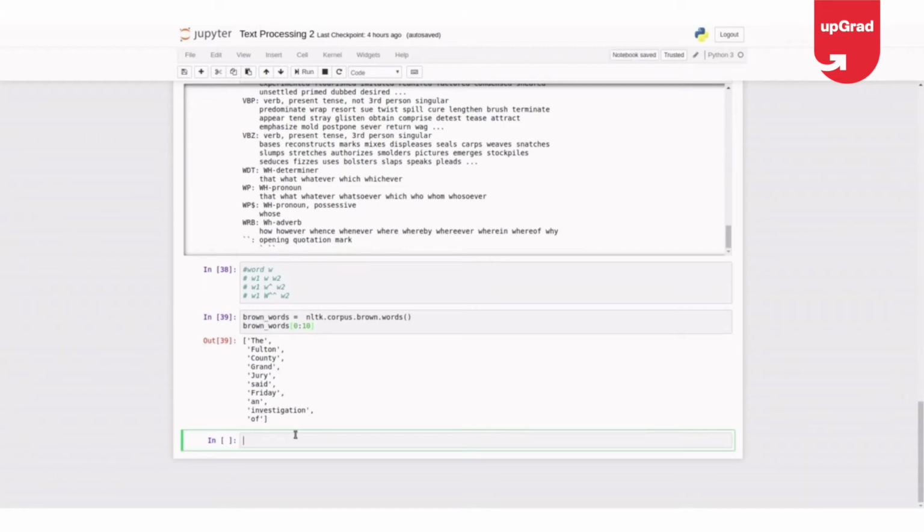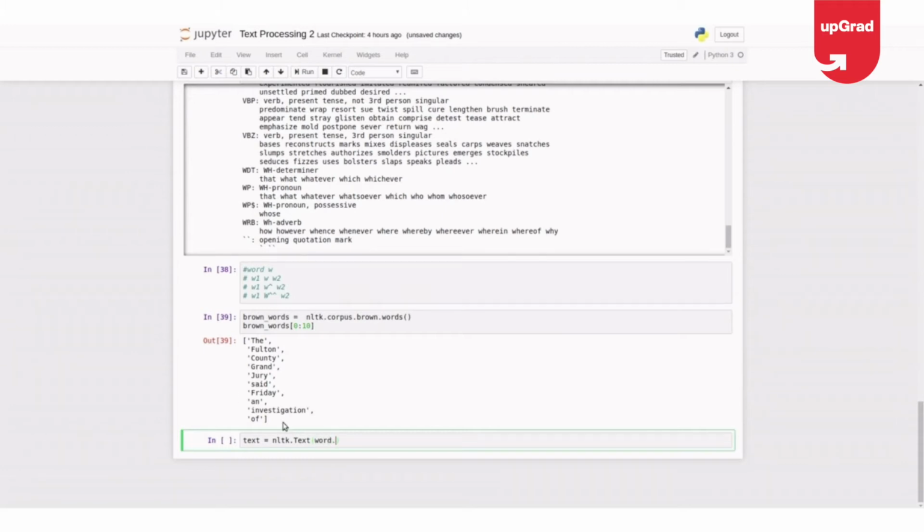So if I just say this, let me convert it as text. The method I'm trying to use is nltk.Text, and let me convert all these words into lowercase.